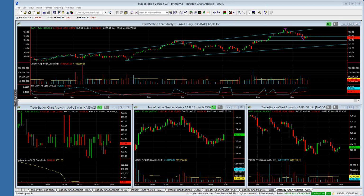Apple to me has got to get back above 125. If you get back above 125 on Apple, and that's this blue line right here, which I've now highlighted pink, then Apple is going back to the upside, and I think the market is going back to the upside. But if you cannot hold 125, then the risk on Apple is to the downside, and she can continue to trend lower, where these highs